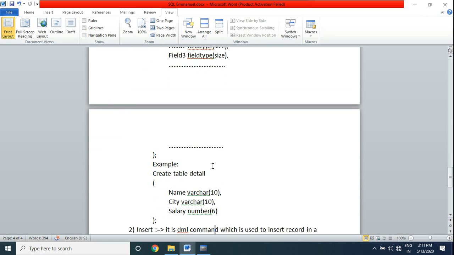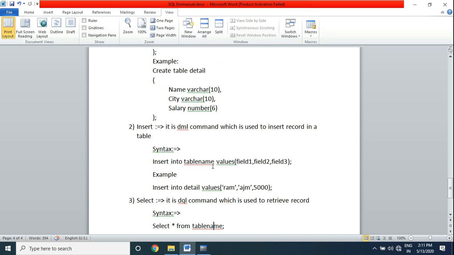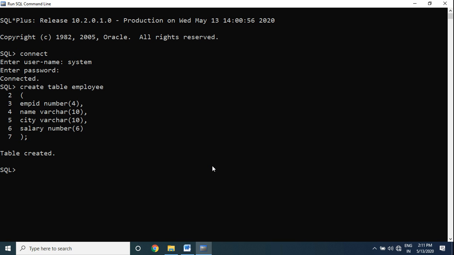So next command is insert. Second command is insert. It is a DML command which is used to insert a record in a table. So if you want to insert new record in a table, that time we will use insert command. So let's see. Insert into table name, whatever our table name is, employee, values.